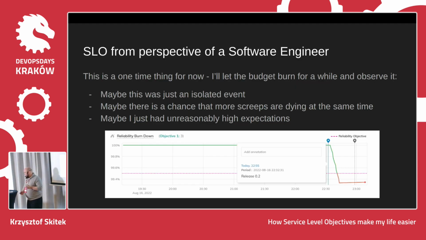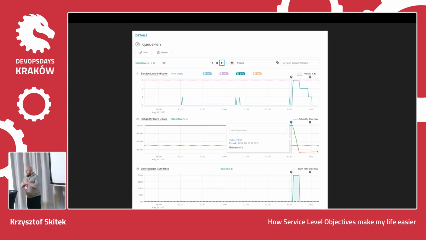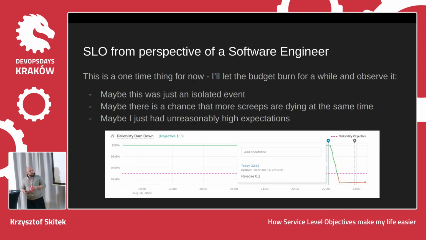I don't think we have time. Oh, maybe let's quickly go through this. This is another example of a regression I had in one of my services. And maybe you can see in this chart that in the end, I'm recovering some small amount of budget. So I was comparing the SLO of this service that burned some budget after a new release of my code with